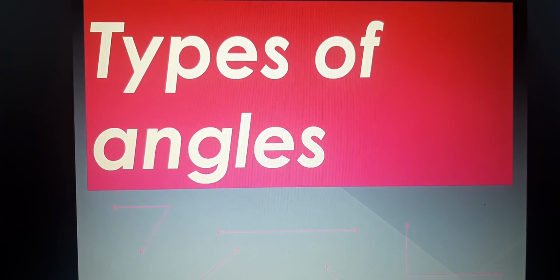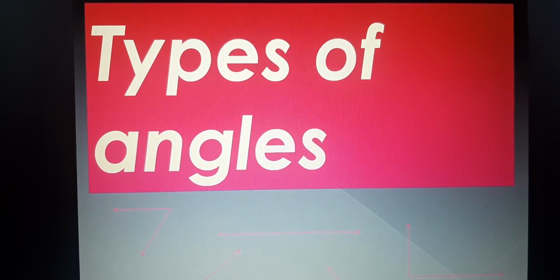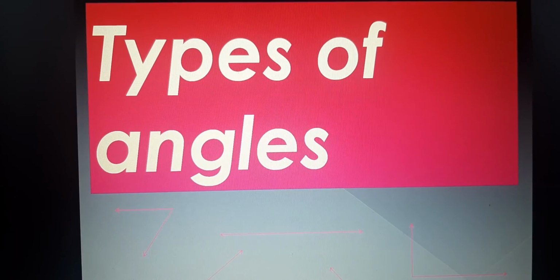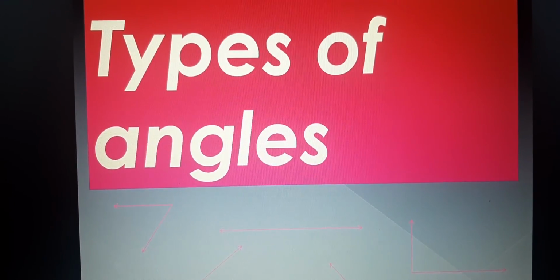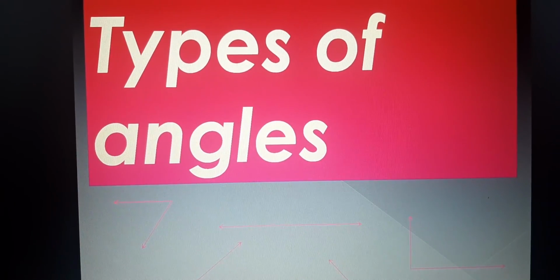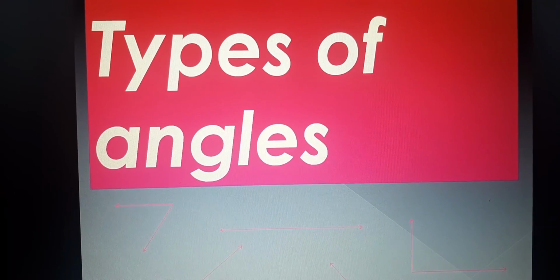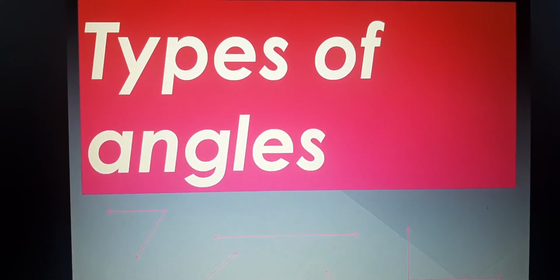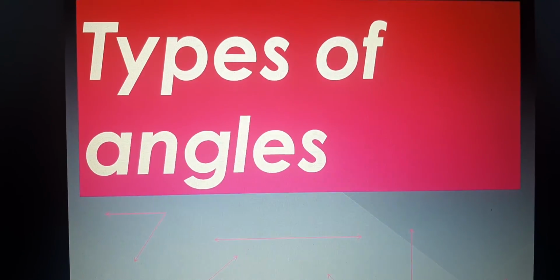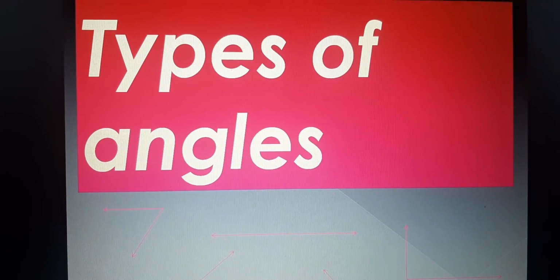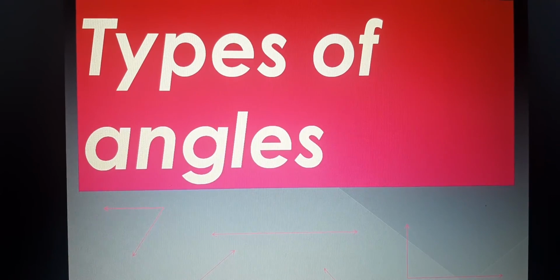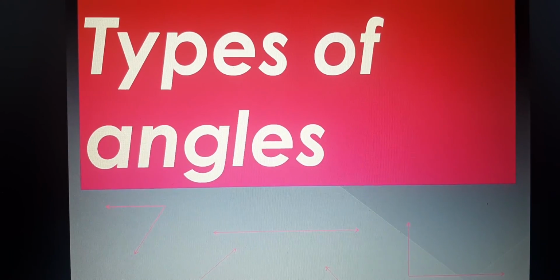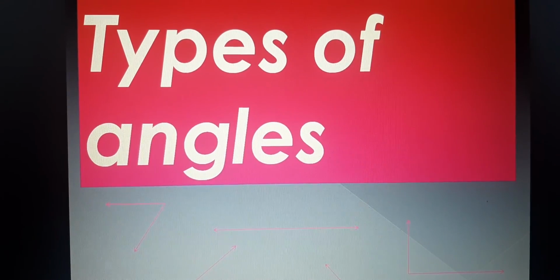As from your previous class I told you that we are going to learn about the types of angles, right? Before that, where did we stop in your textbook activity, can you remember that? Yes, we stopped at page number 17, about the story of Rohini and Mohini, right? Based on that we discussed the angles and how they are formed. Now, next we are seeing the types. Before seeing the types, we'll see here.